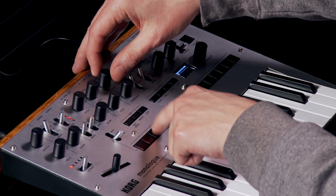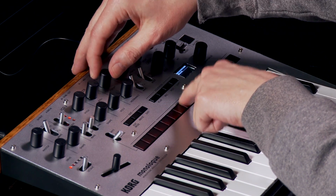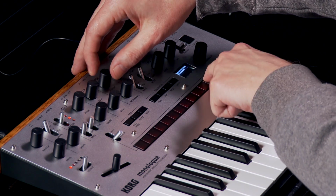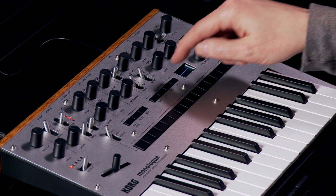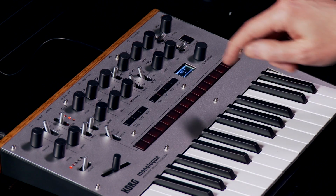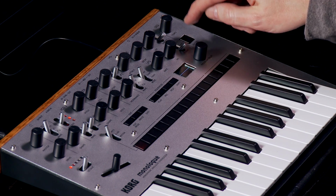Something else this allows you to do is record a simple 1-note sequence with some motion sequencing information, and then use the key trigger / hold button to essentially play back the motion sequences. So I'll put in just a simple ersatz sample and hold, or stepped LFO, random LFO pattern here on the filter cutoff, and then record just a single note at the beginning of the sequence. And then if I play that back with the key trig / hold button,